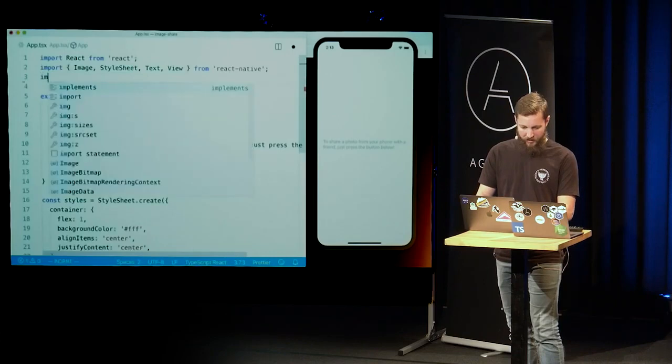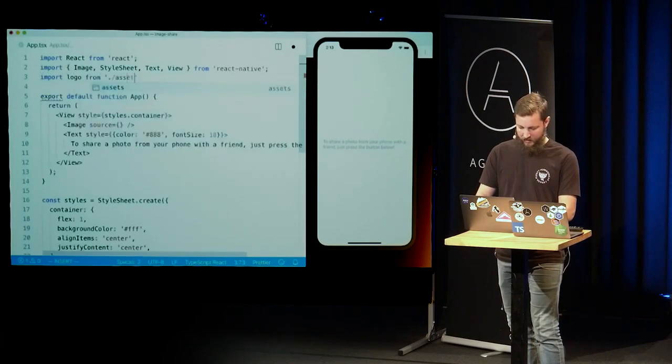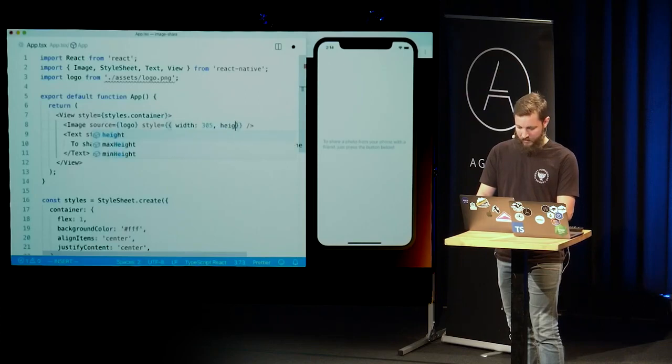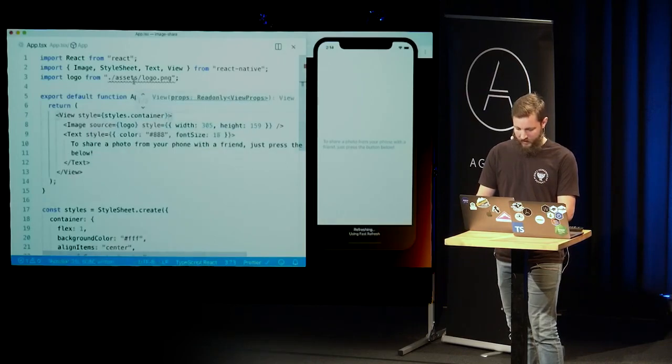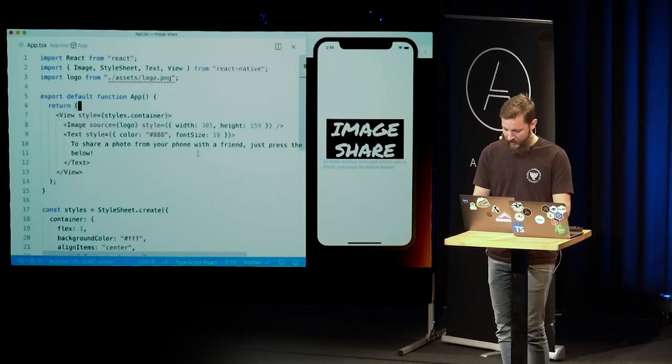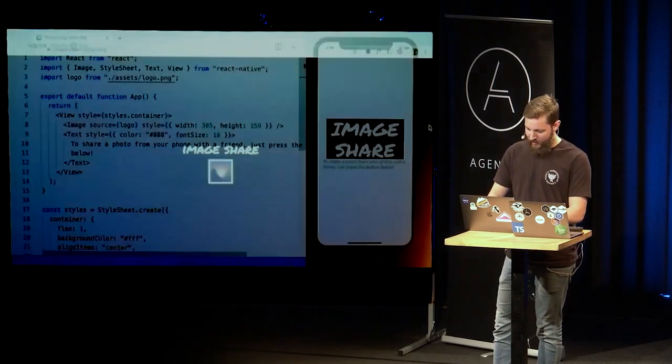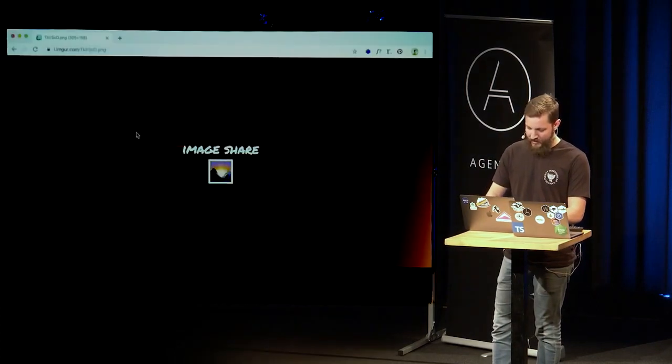Don't forget to import it. Logo from... don't have to worry about that. OK, so we have this thing showing up. This actually loaded now, so we can go ahead and save it